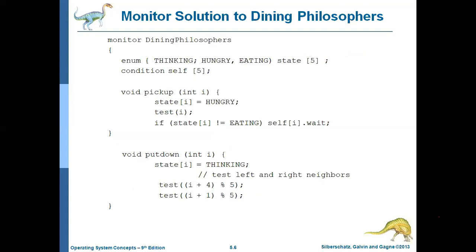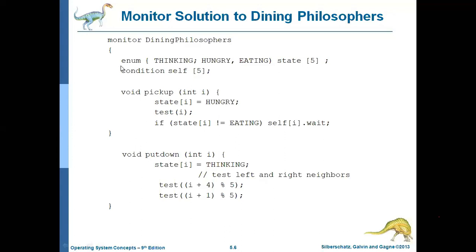We have to try to execute the dining philosopher problem programming by using monitors. Remember, dining philosophers using monitors. Earlier we executed it using semaphores. Here, the monitor solution to dining philosophers means we have to introduce one data type, one data structure, that is nothing but enum. Enum is enumeration. Enumeration is a user defined data type, right?